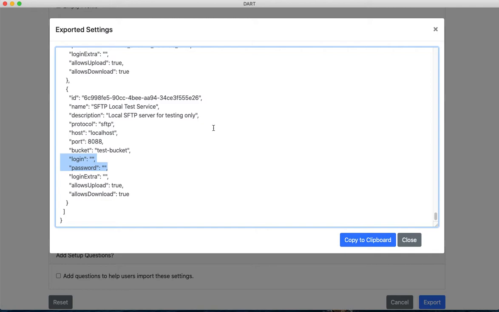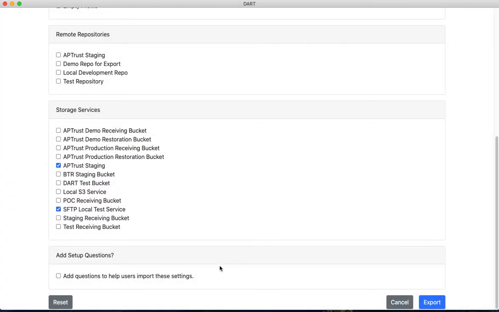The idea is you may want to post these settings on some URL that is accessible to your users. They can import the settings from there. If you do that, you do not want to export or expose sensitive data like logins and passwords.